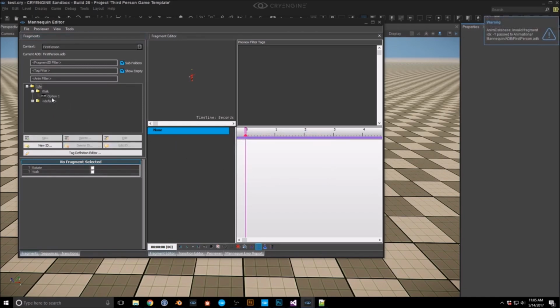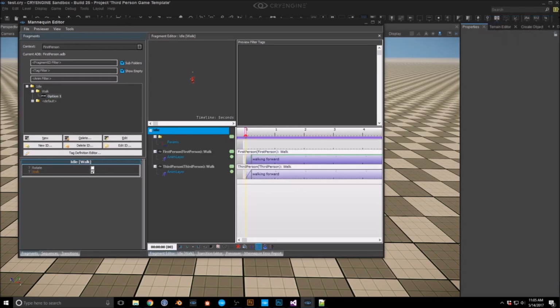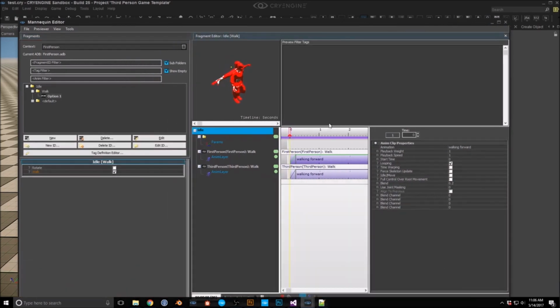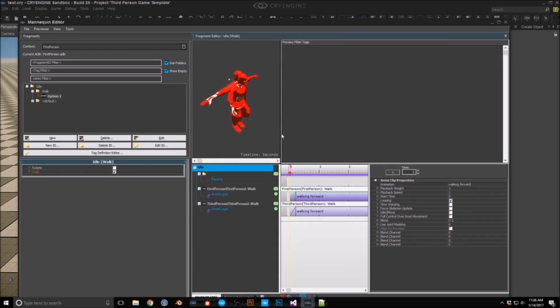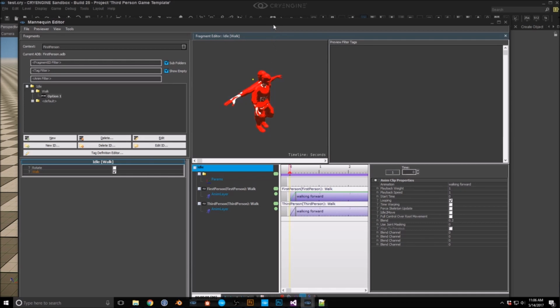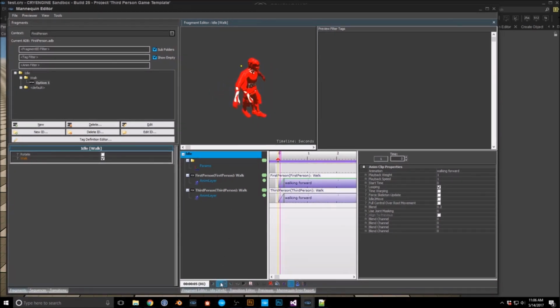So I'm just gonna keep walking, which now if we zoom in, hopefully you guys can see it, and that thing is not too small. So now we'll be able to actually see it in preview. So we have our walking forward, and